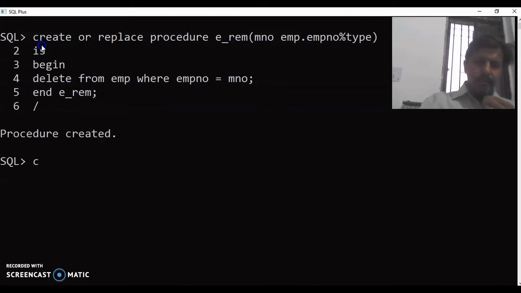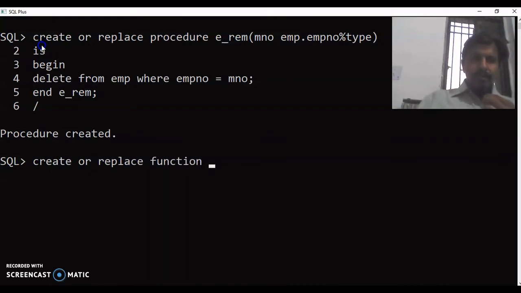Now we will create the function. Create or replace function. Let's say the function is t_scm, salary plus commission.